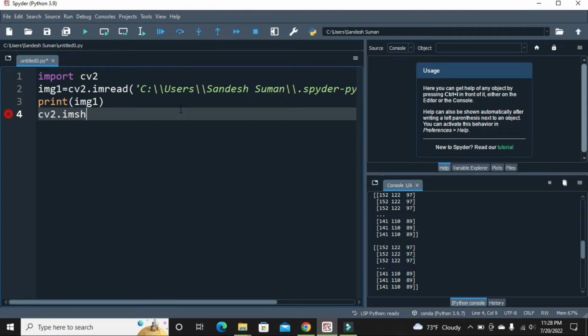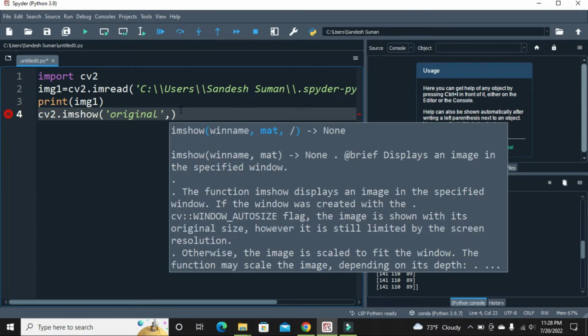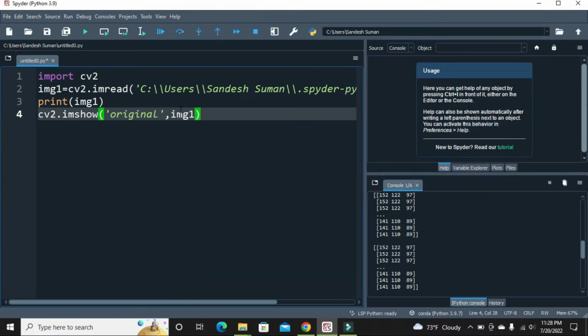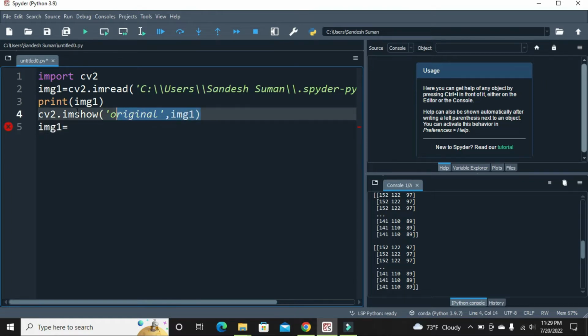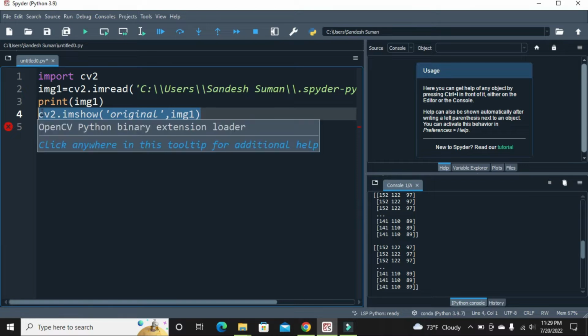I'm going to show this image in my window, which is named original. Within that I'm going to show my image1. That is your window, right? It appears in the window named original. Now I'm going to flip the video, or sorry, I'm going to flip the image. For that I'm going to write image1 equals to, okay, let me just cut this line for now. First let me